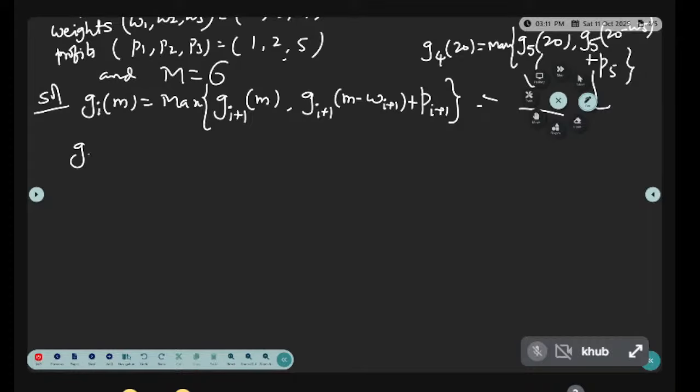Initially G0 of 6 equals maximum of G 0 plus 1 of 6, comma, G 0 plus 1 of 6 minus